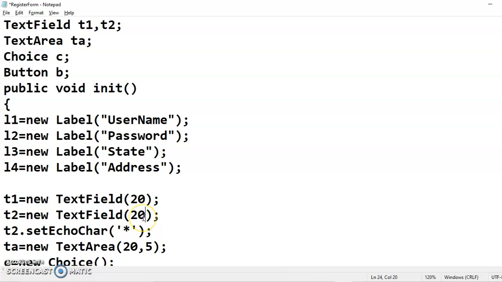Now, as the name suggests, it is a password. So when you type the password, the user should not see anything. User can see star, dot. Okay, so in order to set the echo char, we are using the method t2.setEchoChar, and the character which I have used is star.